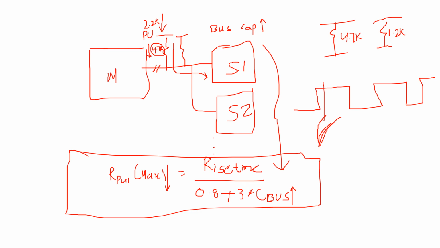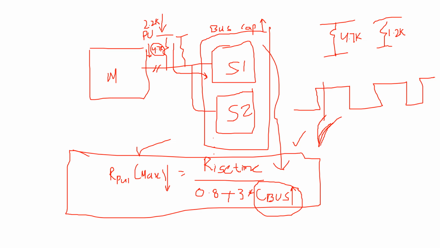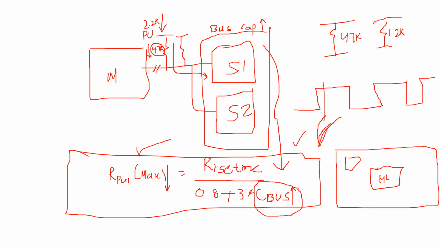Now this is one scenario where we talked about the pull-up resistance. Now we have to understand how to determine the bus capacitance. We have been saying that the bus capacitance is entirely dependent on the number of slaves that are connected. Along with the slaves, let us assume you have a board with a microcontroller at the center, and around 10 EPROMs. So I have an I2C bus that is distributed to all these EPROMs.